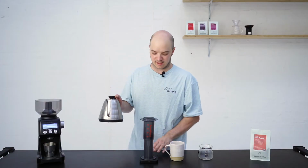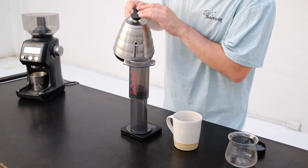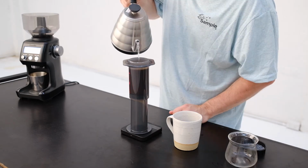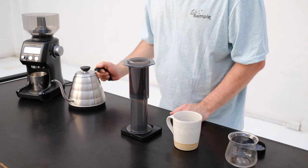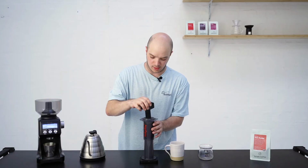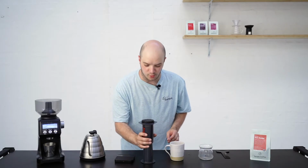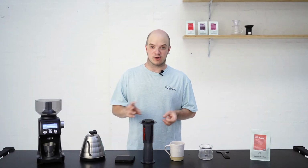So once our coffee's in, I'm going to start our timer and we're going to fill up to 200 grams. Boiling water as always. Then once it's full, give it a quick stir and just attach our cap like so and wait for 2 minutes. Now in our previous video we mentioned a few things you can do to help alter the flavor of